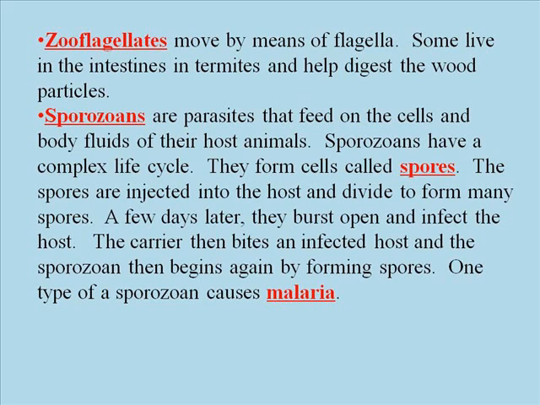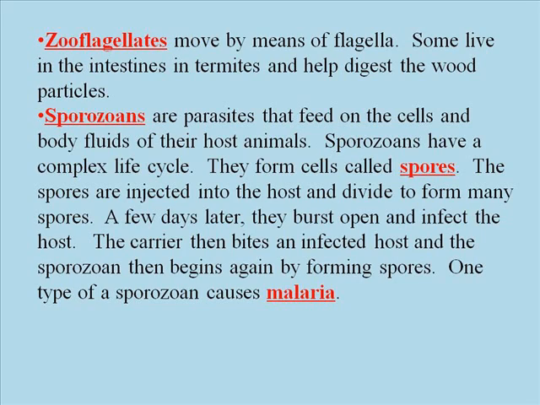And then the last type of animal-like protist is your sporozoan. Your sporozoans are going to be parasites, which means they're bad for you. They are going to feed on the cells and the body fluids of their host animal. Now, sporozoans are going to have a little bit different of a life cycle than some of our other protists. They are going to start by forming cells called spores. When the spore becomes injected inside the host cell, it's going to divide to form a lot more spores. And then a few days later, the spores will burst open, and the sporozoans will then travel throughout the body,